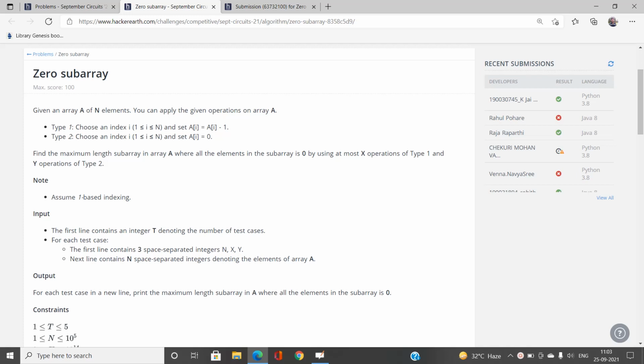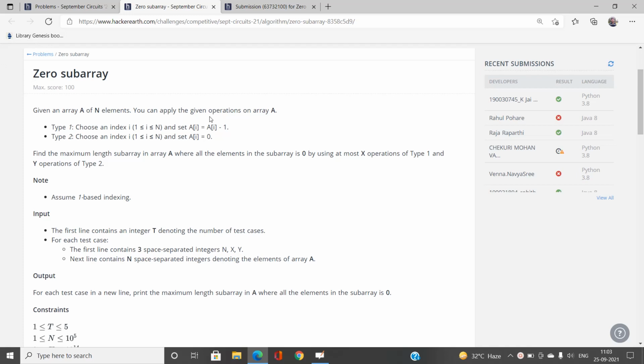If you haven't read it, then I recommend reading it at least 2 or 3 times. And if you are unaware about the logic of two pointers, or if you haven't used any data structures like multiset or the hash map, then I recommend you go and learn these topics and then come back to this problem, solve it, and if you are stuck, then go and watch this video again. Okay, so given an array A of n elements,